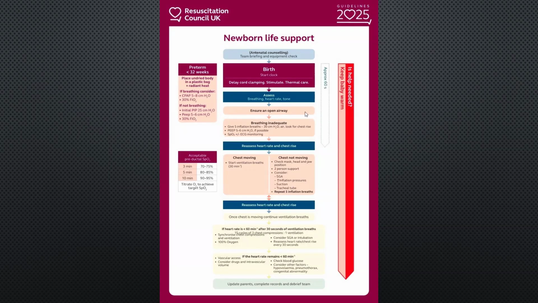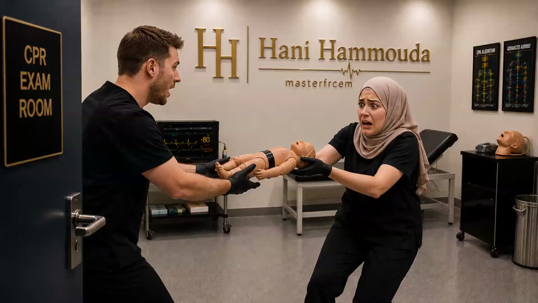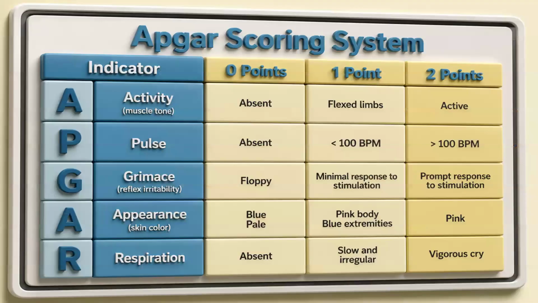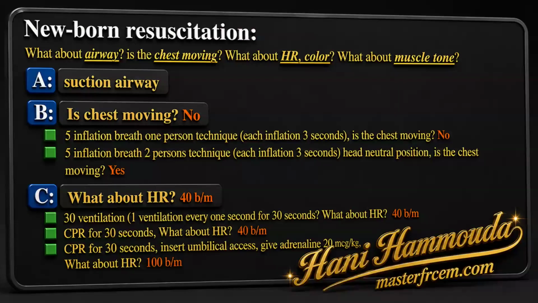Regarding the clamping delay, and then you will assess the Apgar score. So number one, assess the Apgar score. If the Apgar score is 0, you should mention Apgar score is 0 out of 10. Don't say low. Clear? Yes, sir. Because if low, maybe 8 out of 10, maybe 9 out of 10. 9 out of 10, no need for resuscitation, right? Yes, sir. You should say 0 out of 10 or 2 out of 10, like that. Okay, this is the first mistake.